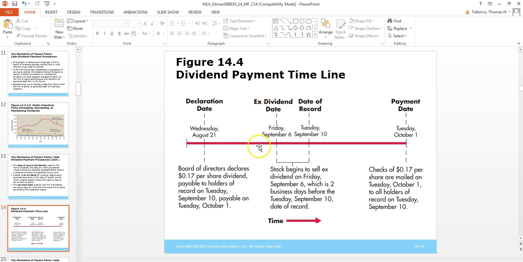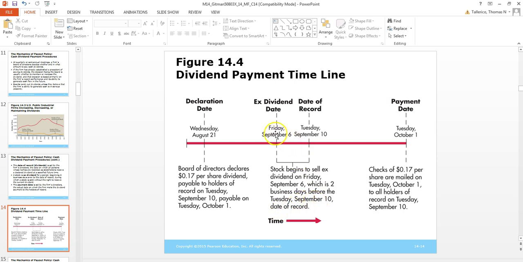The ex-dividend date is Friday, September 6th, because it's 2 business days before the date of record. The date of record is September 10th, as they said, and the stock will go ex-dividend 2 business days before. There's a weekend in between, so you'll notice there are 4 days, but it's 2 business days. The stock begins to sell ex-dividend on Friday, September 6th, which is 2 business days before the Tuesday, September 10th date